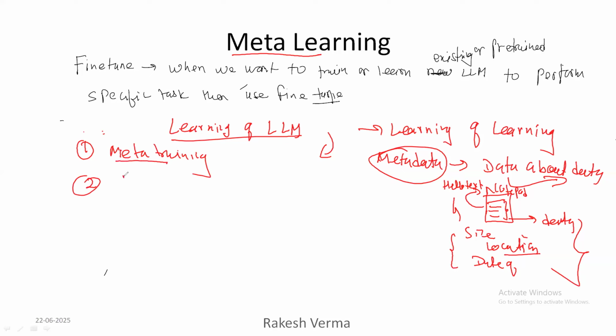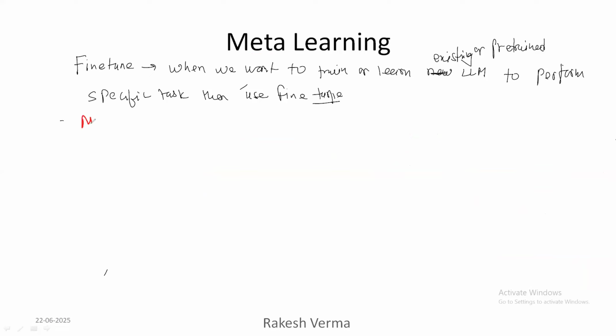The second is meta testing. How we perform the testing, and what parameters we use during the testing, are considered in the meta testing. So there are two steps for performing meta learning, and there are different methods for meta learning. What are the methods of meta learning? Some methods are: